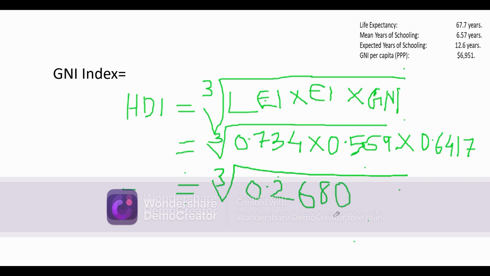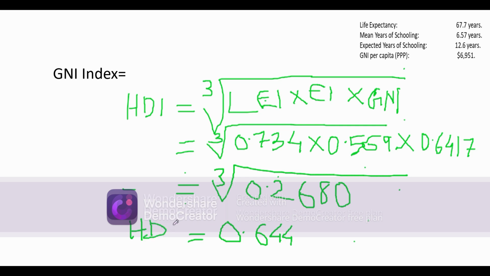So this is the figure that we get. And if you take the cube root of this value, we get 0.644, which is nothing but the HDI